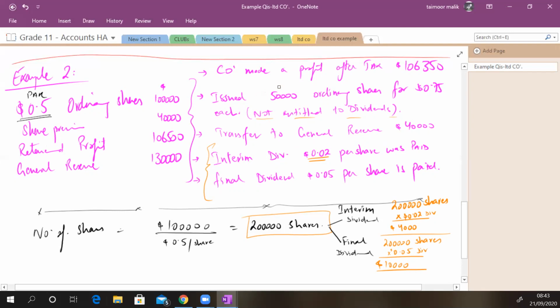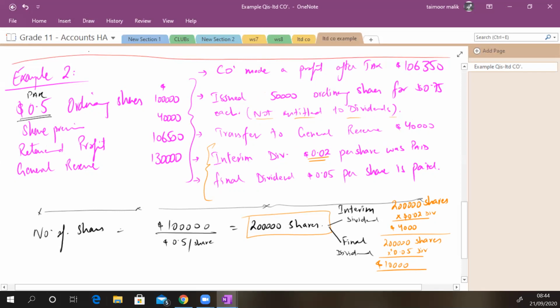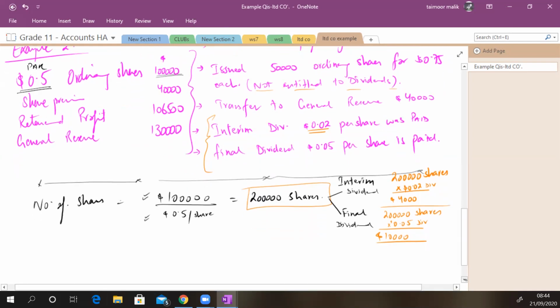Okay. And Sir, how did you get 200,000? Yeah. See, Mitra, very simple है. What is the total value of ordinary shares? Oh, okay, got it. 100,000. 100,000. ये रहा. And what is the value per share? Par value per share is 0.5. So number of shares कितने आ गए? 200,000 shares आ गए. ठीक है जनाब. इसके बाद